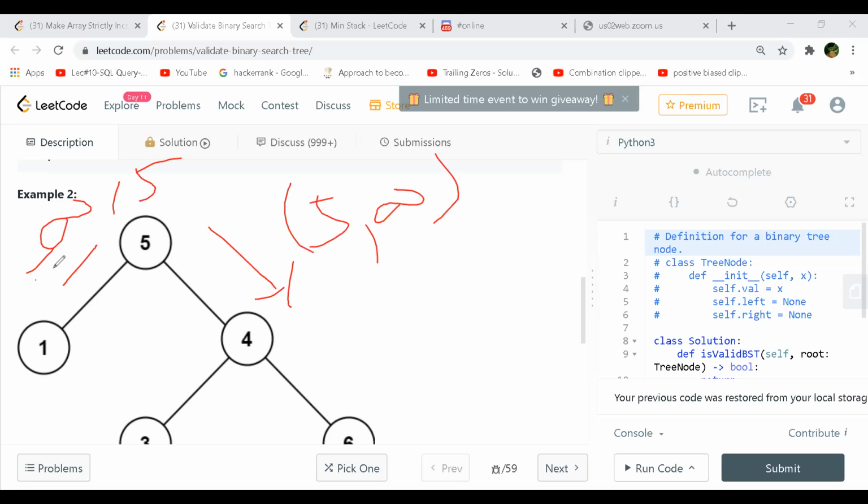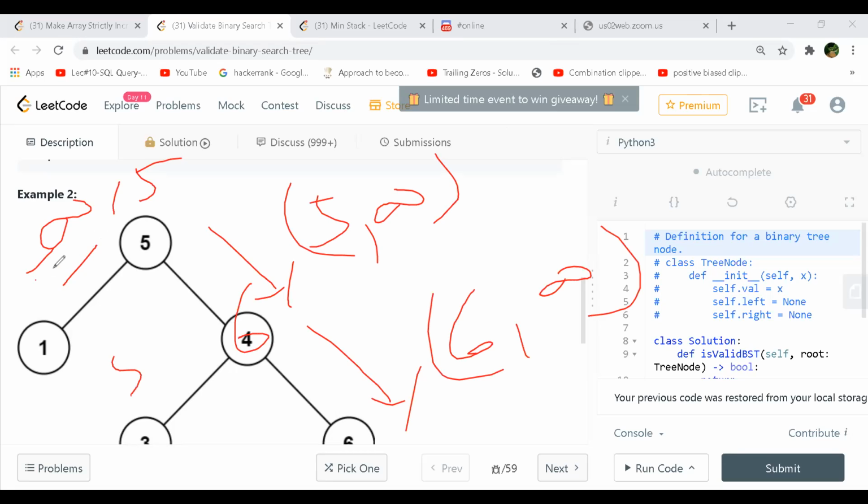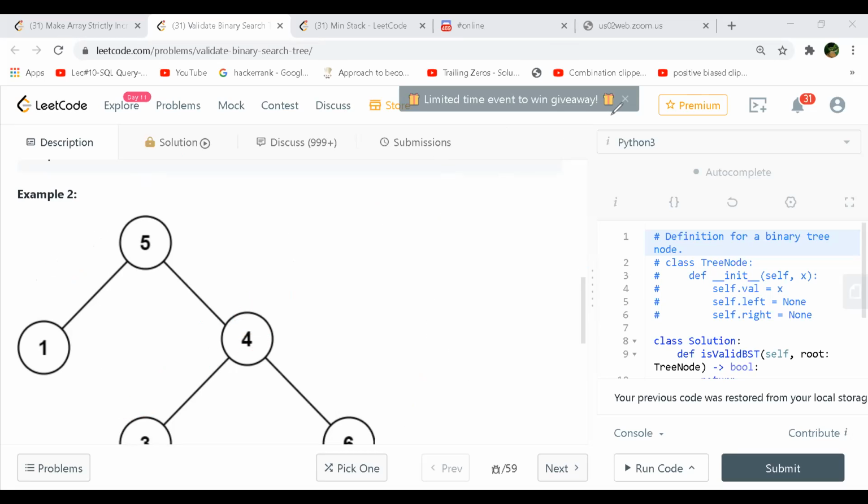Just check whether it lies in that range. When we go here, had it been a valid one, say 6 is there, then for this it will be 6 to plus infinity, and this will be 5 to 6. Just update it in every recursion. Right, trivial.